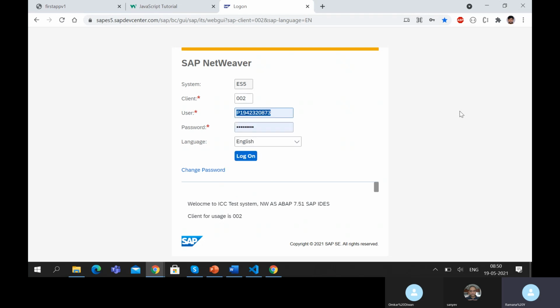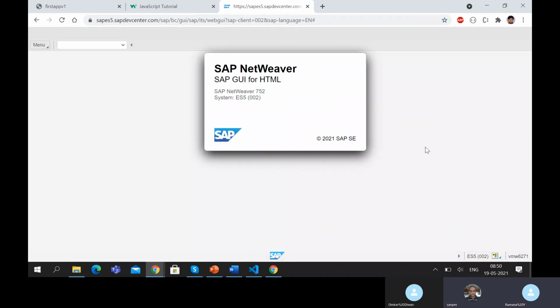How many users are using it, whether they're using GUI or Fiori apps, they have to pay their separate license is what I'm trying to say. So it's not tied to Fiori itself. It's just tied to the user. Correct. So yeah, okay, got it. So that's SAP's way of